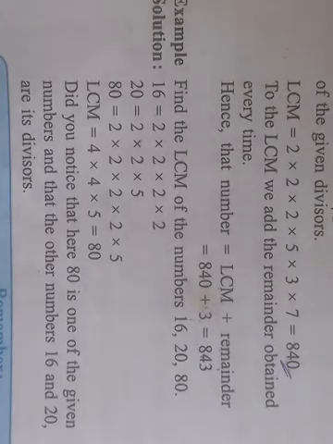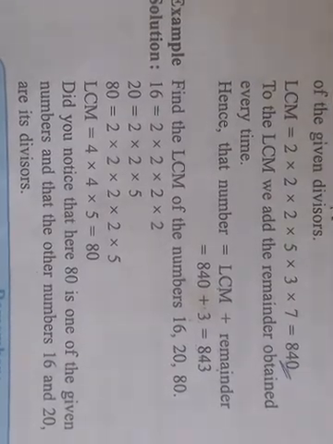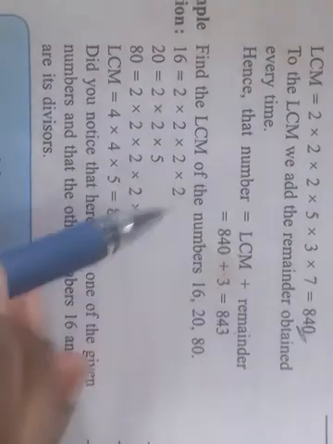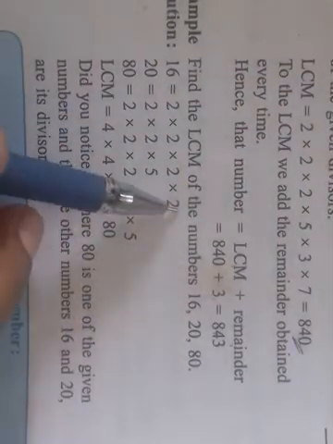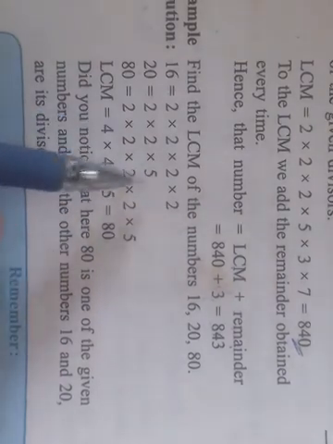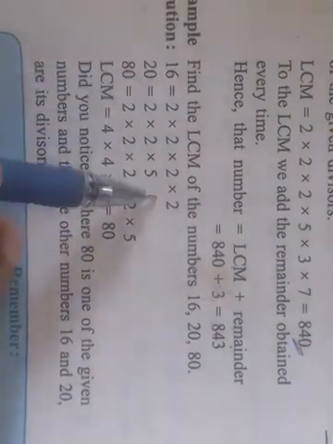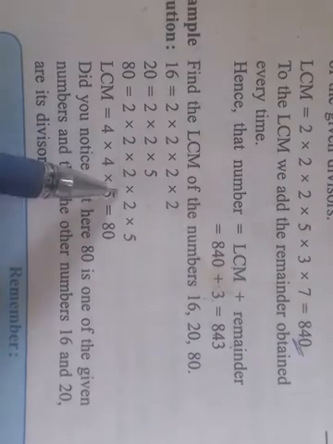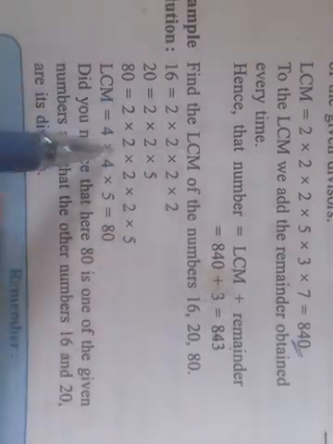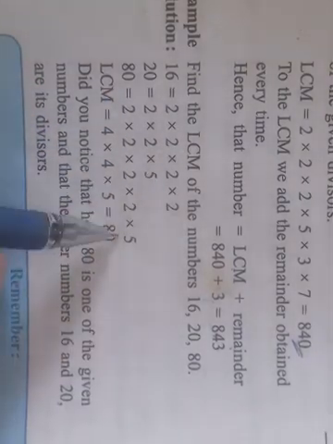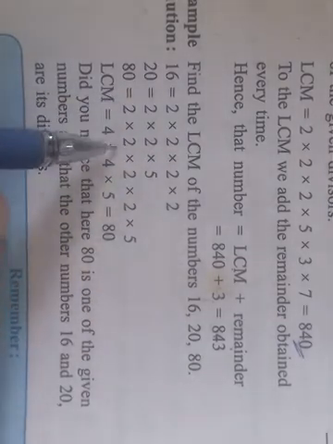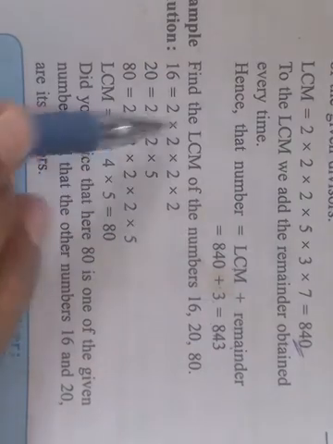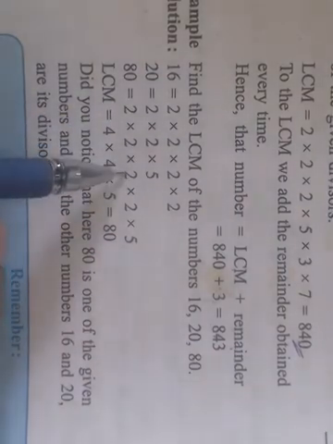What one thing is there? LCM, I explained actually in the previous videos also. See here, 16, 20 and 80, you have to find the LCM. Then how can you find it easily? Remove the factors of 16, 20 and 80. We take the common ones, and then the uncommon. So this 1 to 4 I got as common, and you just observe when there are 3 numbers for finding the LCM.